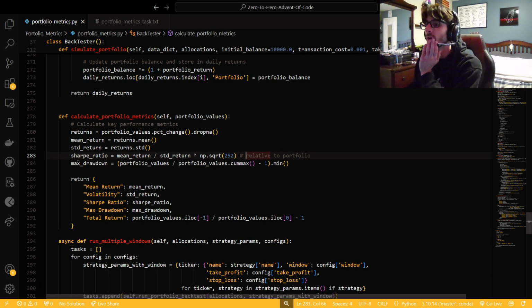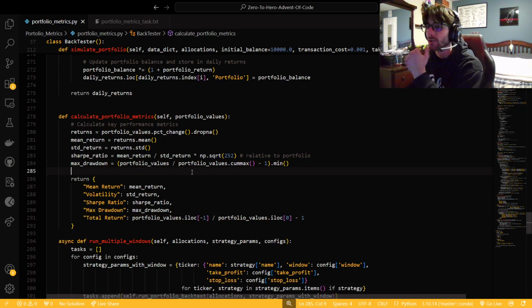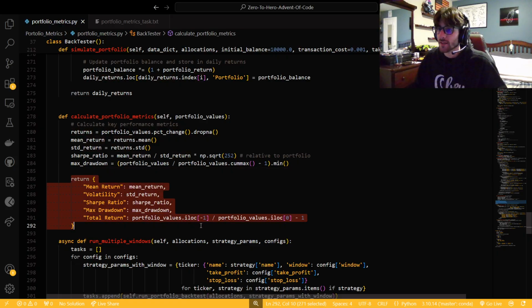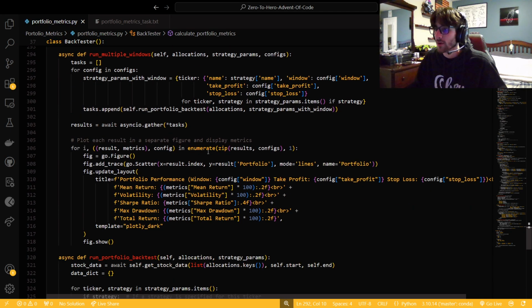So now we're going to look at the max drawdown that we have here, just pretty much how low the portfolio ever goes at a given point in time, and then we're going to calculate. We're just going to return all of that. And so now we can use,